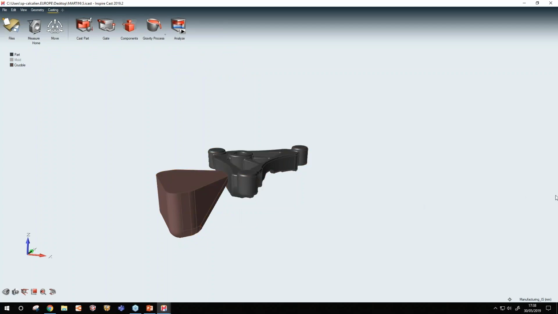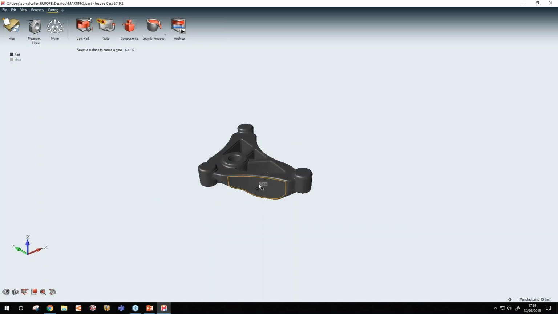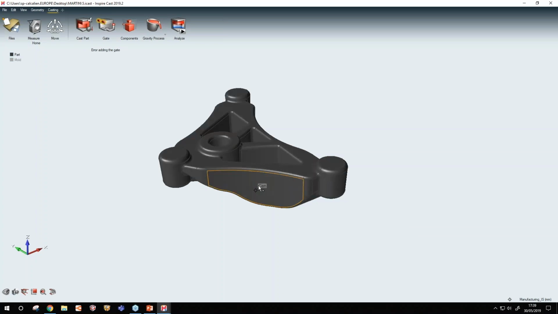Since we have another question, which is, what is the max gate velocity? So there's no max gate velocity. The idea is that the user will define the max gate velocity depending on the process. There are two ways to define velocity. In case we have the gate, we need to define, sorry, let me